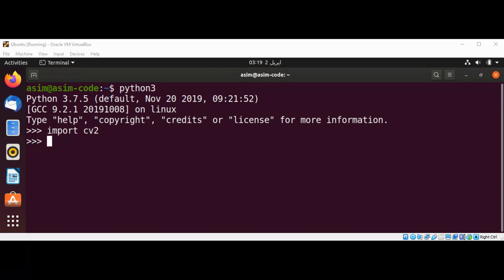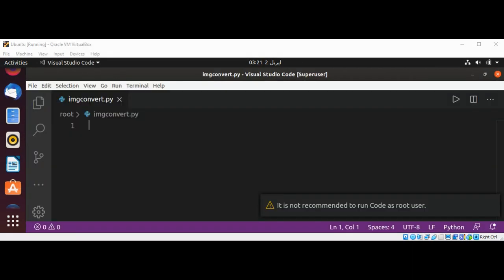Even though we are using OpenCV4, not OpenCV2, there are two modules, CV2 and CV, so we are importing CV2. Let's see a simple example of OpenCV where we can load an image and convert from one file format to another. So I'm just going to import CV2